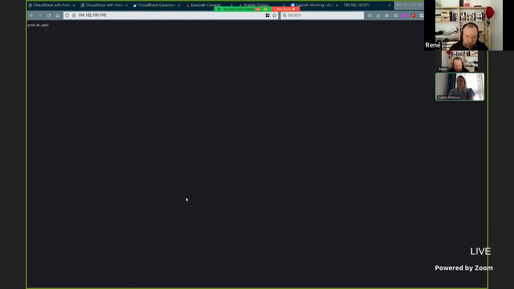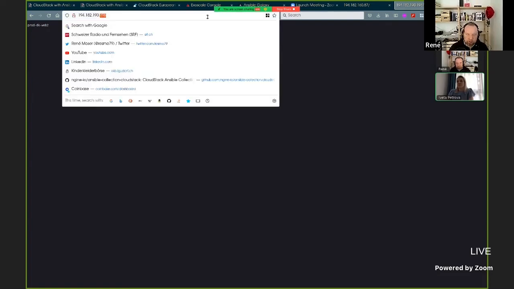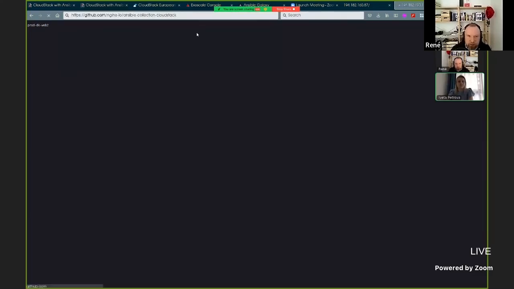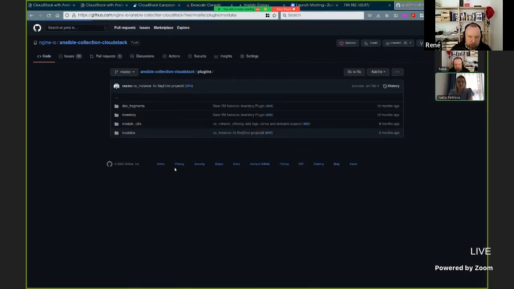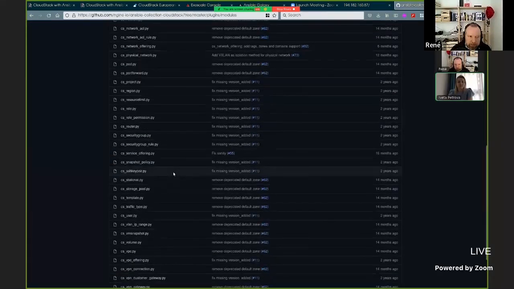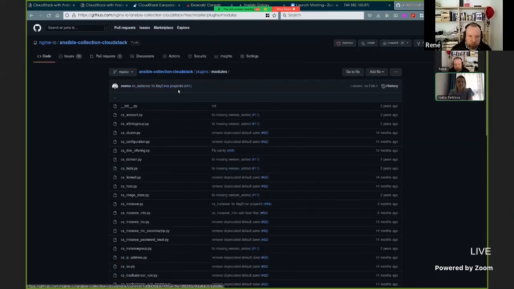You can quickly go to github.com engine.io, and there's a collection which has all the plugins. You go to plugins and you see all the modules, and you can add a module or a plugin there. And I will review it and merge it. I have a few other maintainers which also help me with reviewing.